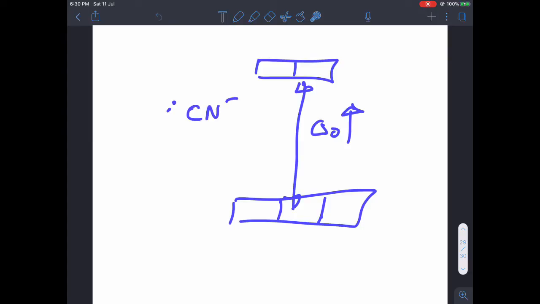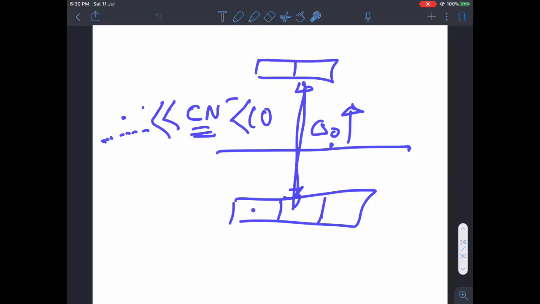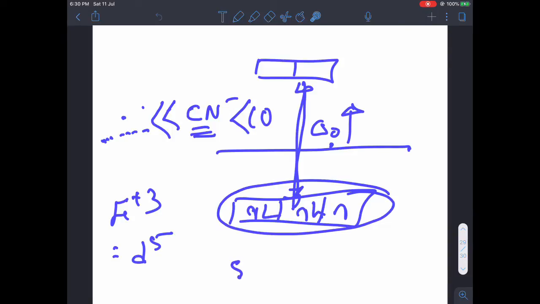So, that means CN minus has the highest value of this gap, and thereafter the next thing, I mean if you talk about CO, it has the highest, thereafter CN minus, and thereafter other ligands come. So, if this is higher, then you can imagine iron in +3 will be d5. So, that means 1, 2, 3, 4 and 5. So, basically we have to multiply 5 times of minus 2 by 5 delta O. This gap you already know, minus 2 by 5 delta O.